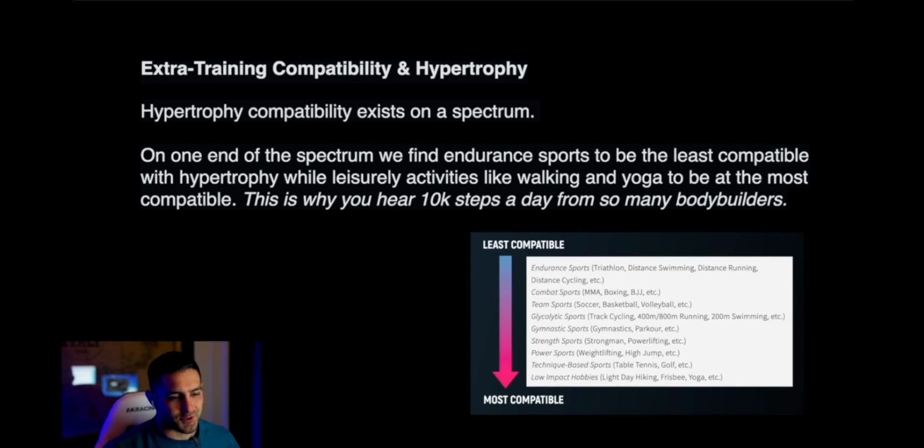Glycolytic sports, track, cycling. I guess these are like sprints in some fashion. 200 meters swimming. It's not long distance swimming. In other words, you're not tracking a gazelle in the outback or whatever. It's a good example of why we need endurance, the kind of endurance that humans have. But anyway, this is like mid-range running and swimming.